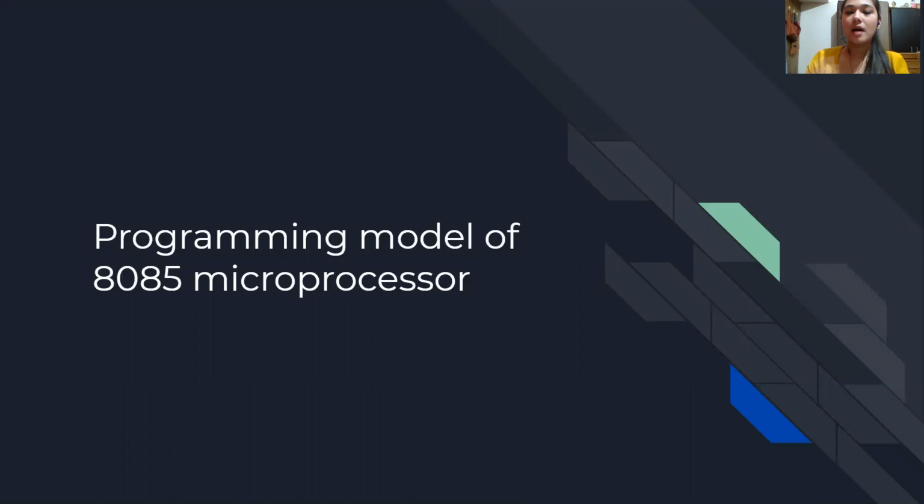Now for a brief description of the hardware model. A simple hardware model of a microprocessor in a microprocessor-based system can be represented by three components: first, the arithmetic and logic unit, second, the memory, and third, the control unit. And we'll have input and output devices and system buses to connect all of these.